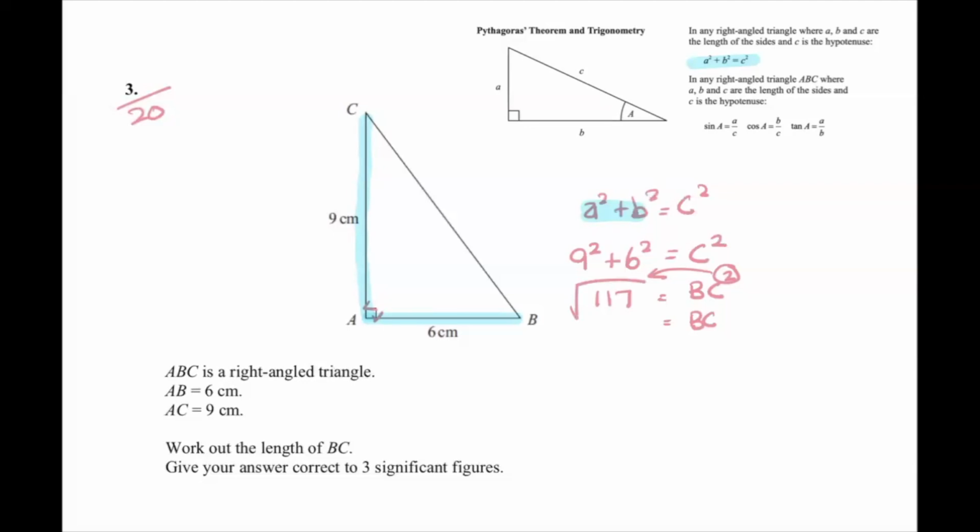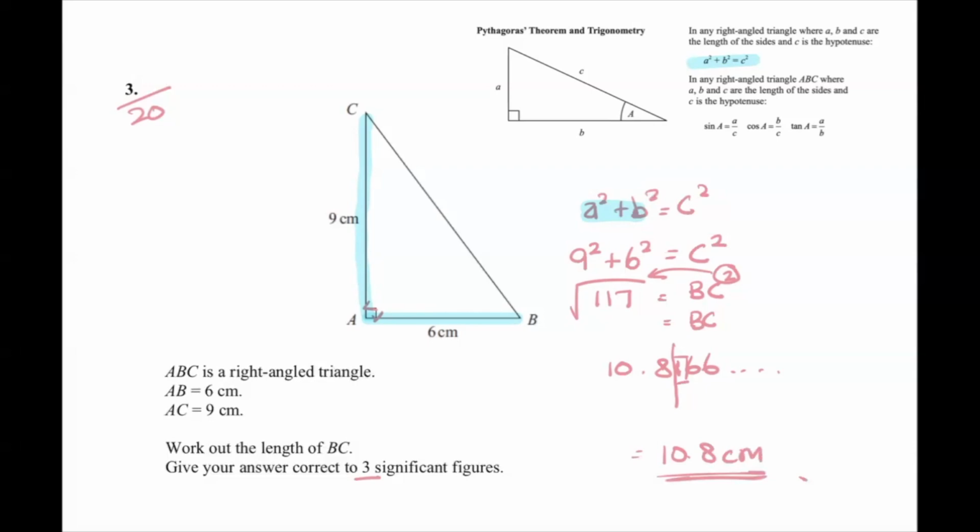We pop that into our calculator, write down a decent amount. I always do 4 decimal places, or I generally do as a rule, so that the examiner can see that was what was on my calculator display. Now, 3 sig figs means I'm just going to count in from the start. 1, 2, 3. That means I cut it here, box off that one. Is it 5 or more? No. So I keep the answer as 10.8